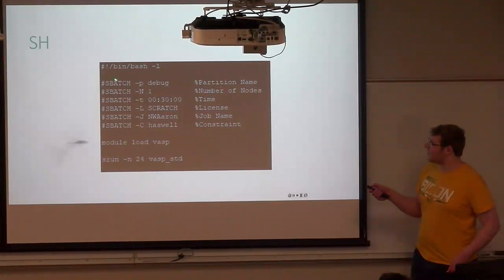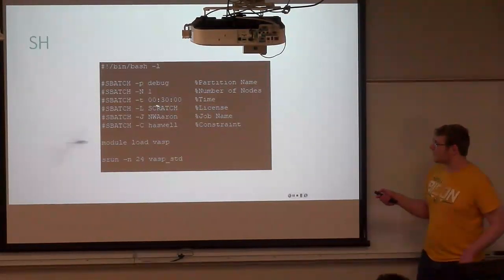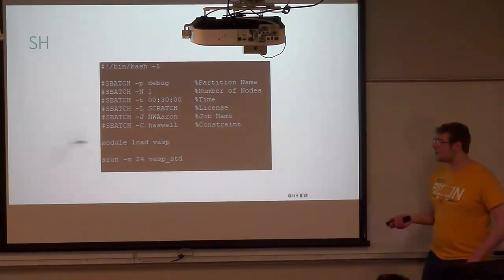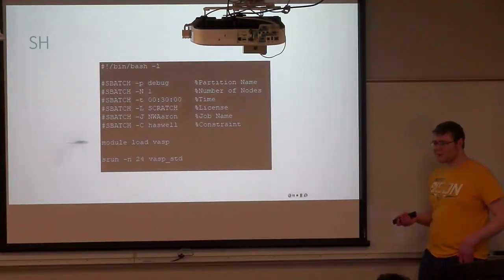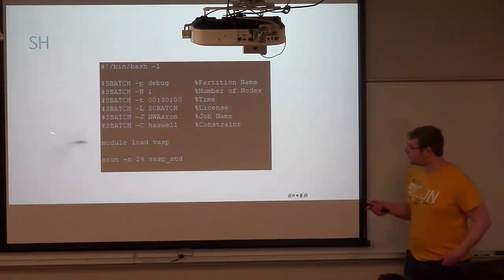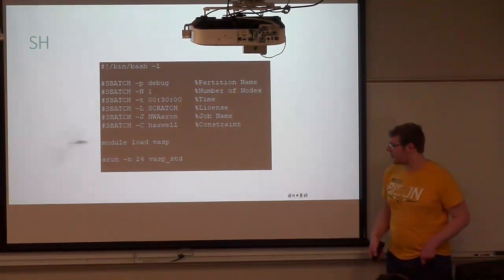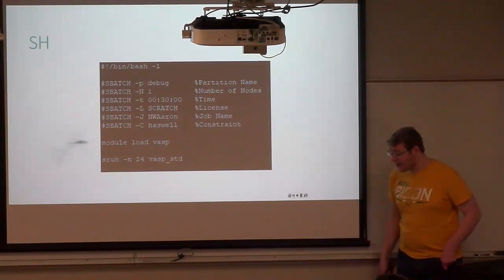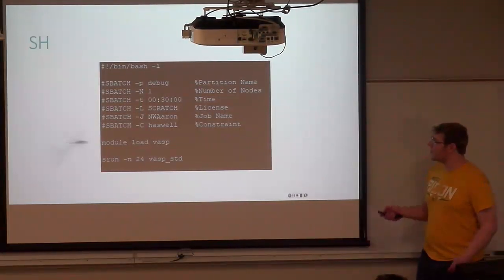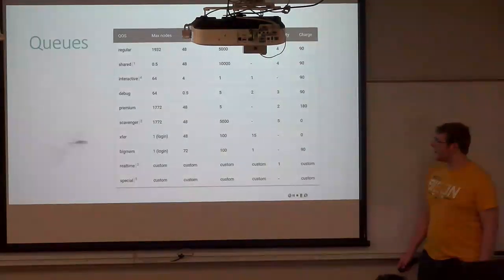We have the number of nodes that we want to use, the wall time, license, the job name, and the constraint, which is used for specifying which server you want to use. And then you load up VASP, and that is what an SH script looks like.